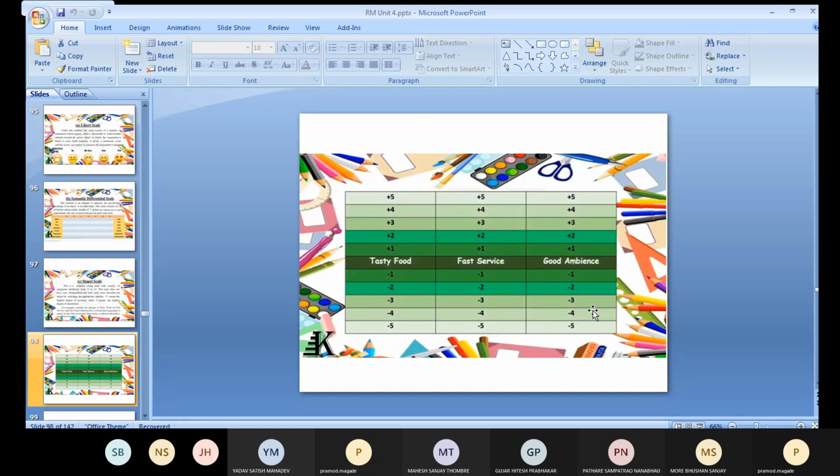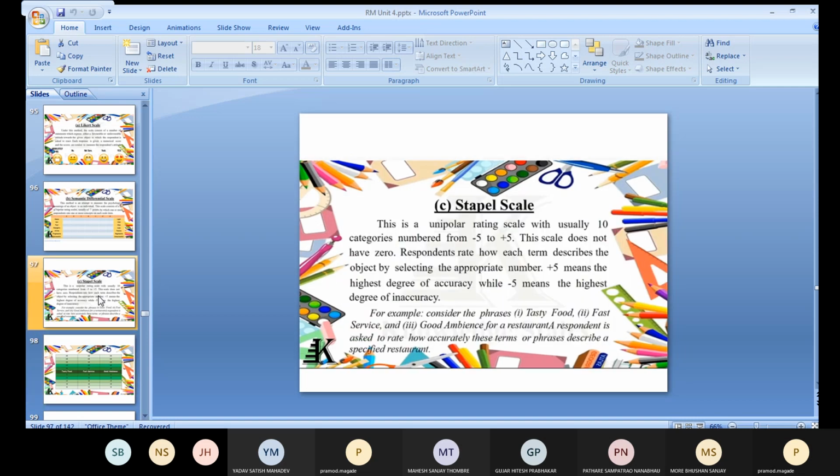Again, here there is no comparison. We have been learning under non-comparative, non-comparison scales. So this kind of range always includes plus to minus, but without zero. That we call a staple scale. So for the staple scale, just write down: such kind of scale is categorized